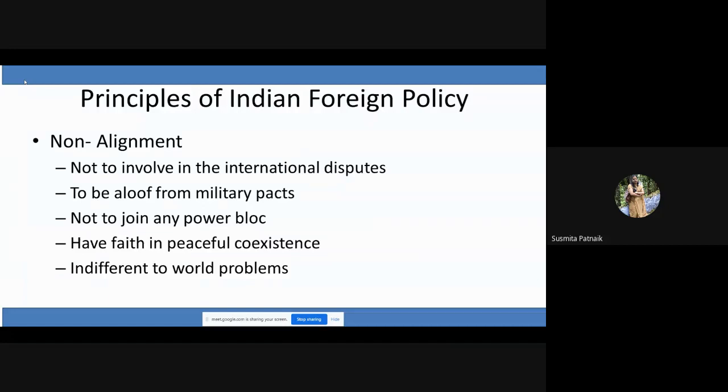So here we are having the principles of India's foreign policy. I composed all my slides by taking points from units 1, 2 and 3, because I have only 3 classes to complete the whole chapter. Therefore I took slides from different units. So here we are having the principles of India's foreign policy, and the first principle is non-alignment. What do you mean by non-alignment? After the Second World War, there is the ideological